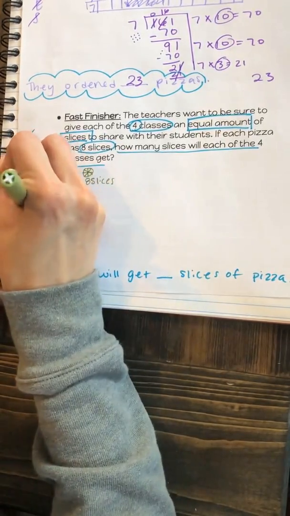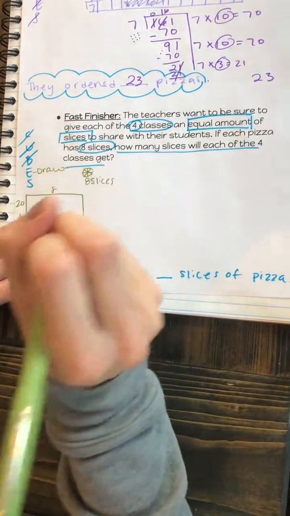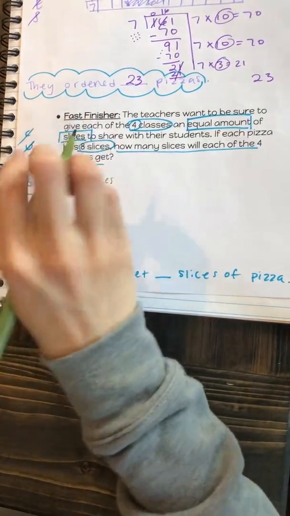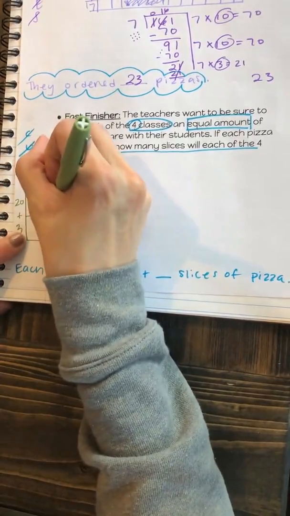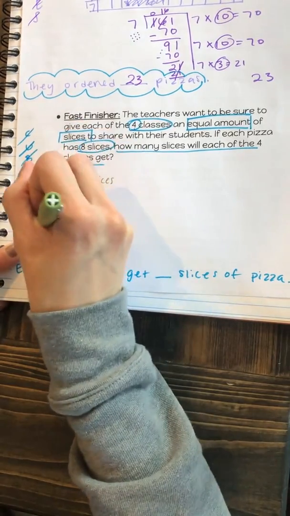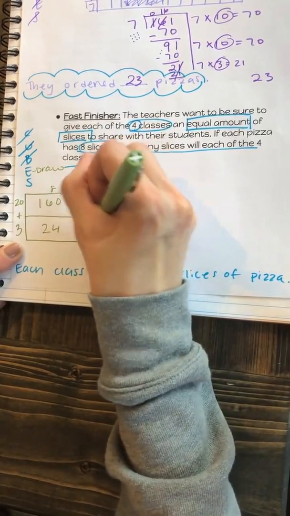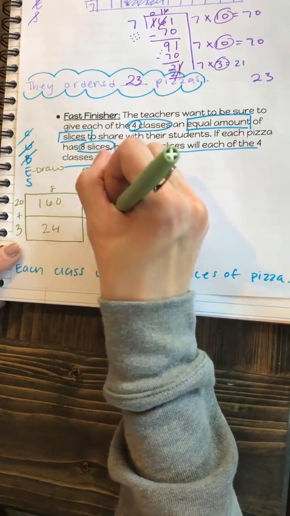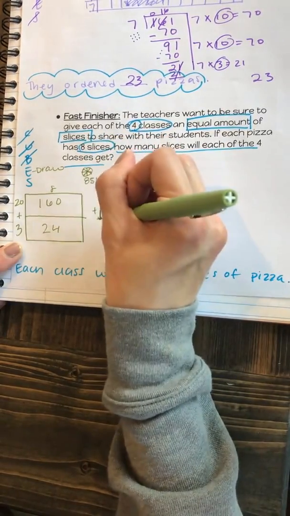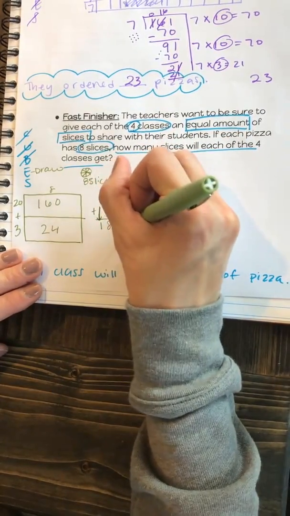So I'm gonna take 20 plus 3, and I'm gonna multiply it by 8, okay? So 2 times 8 is 16. So 20 times 8 would be 160. 8 times 3 is 24. So you'd go 160 plus 24: 4, 6, 7, 8. Carry down the 1. Okay, 184. So that means that we have